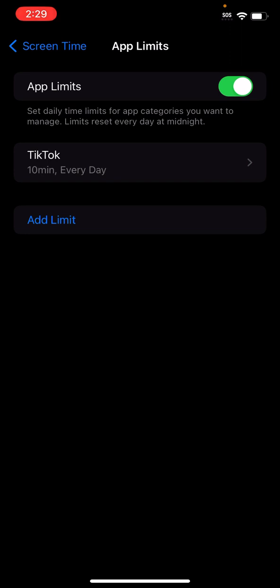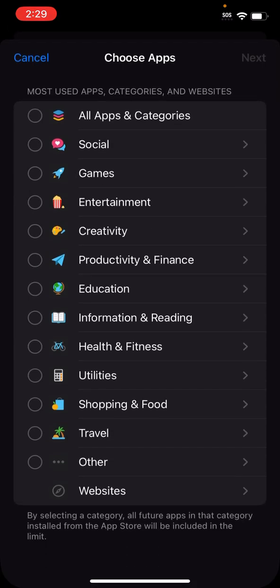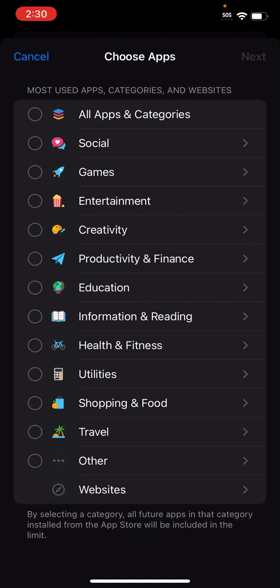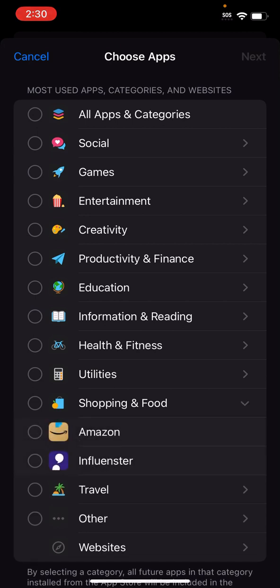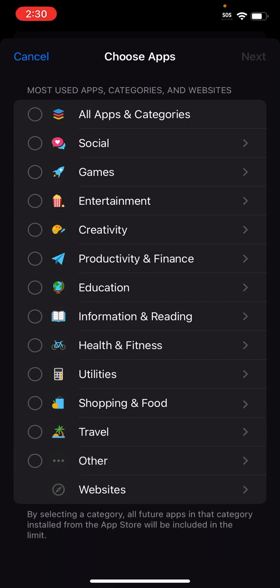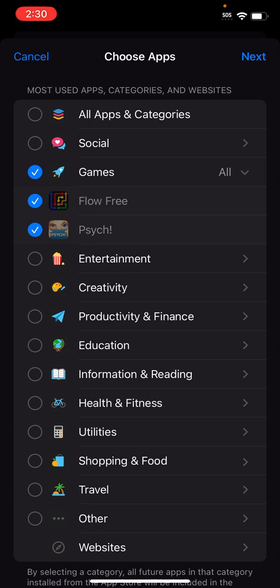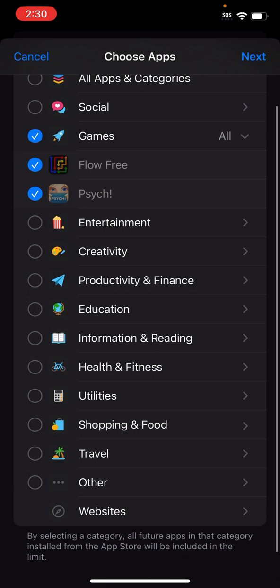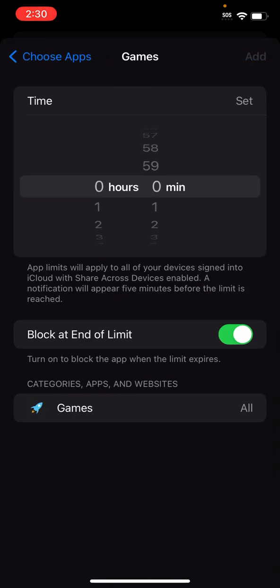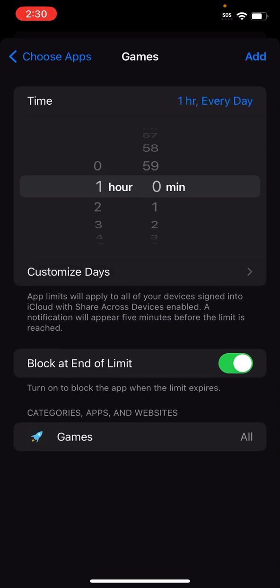Now, let's look at some of the other categories that you can do. You can choose the shopping and food category. Amazon, no, let's look at some of the other ones. Games, that would be a good one. So I don't have any games on this device really, but you can see there are 2 over here. Your child's devices probably have more games, and you will want to set up how much time they could spend on that. And you will say that you want to set up a limit of 1 hour,